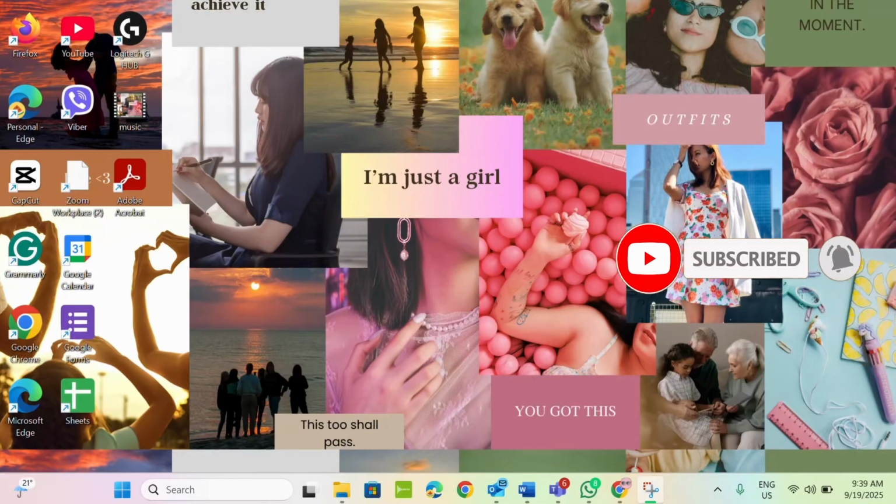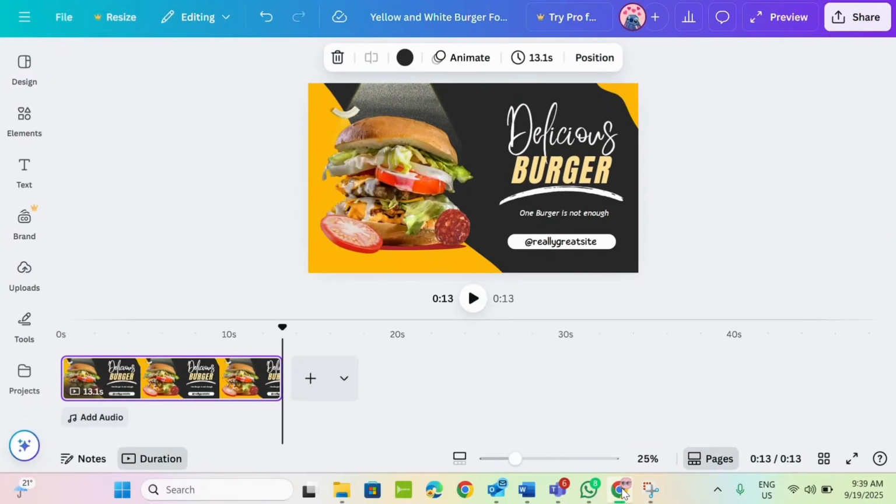So Canva is a really handy website that allows you to split a video. So I'll teach you how. Let's dive right in. So go to your web browser, open up Canva and go to the video that you